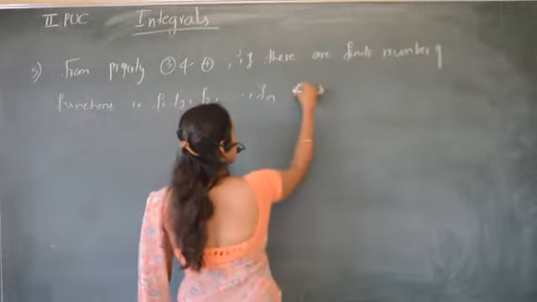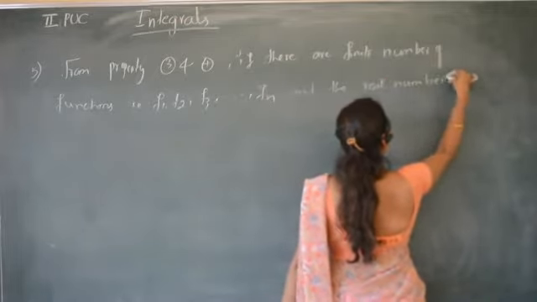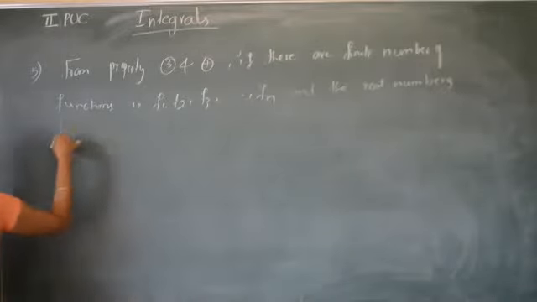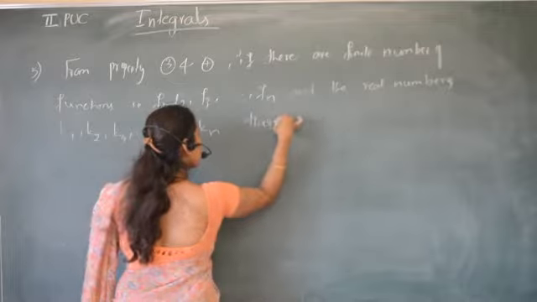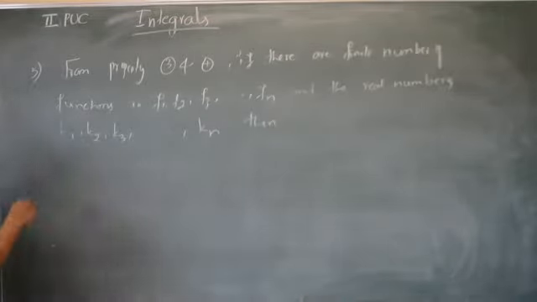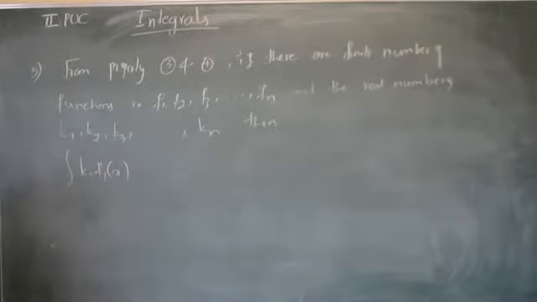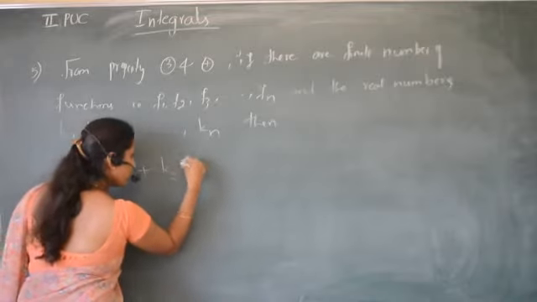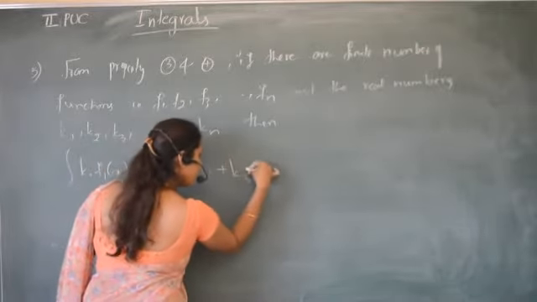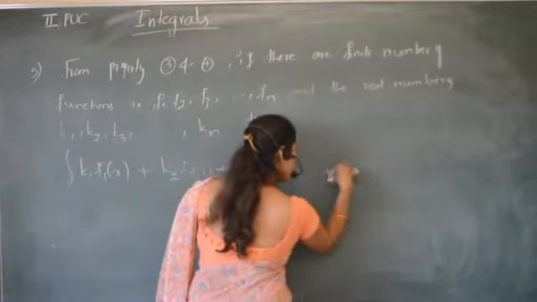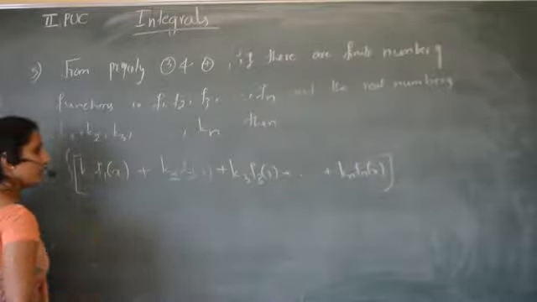and the constants, the real numbers k1, k2, k3, so on up to kn, then integral of k1 f1 x plus k2 f2 x plus k3 f3 x, so on up to kn fn x, whole thing into dx